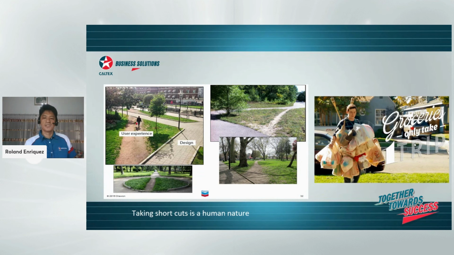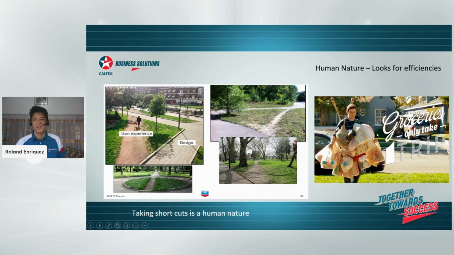So yeah, what I'm saying is that, aside from people having the tendency to commit mistakes, taking shortcuts is also human nature, right? It's human nature for us, right? For example, this is just a demonstration. This is your way going to the left, right? But instead of going here because it's far, you go direct. We have the tendency of taking shortcuts, or we have a tendency to look for efficiencies. Okay, what is my message here? My message here really is, if you want to reduce or eliminate incidents, then we need to take into account the tendency of the human to look for efficiency or to take shortcuts.